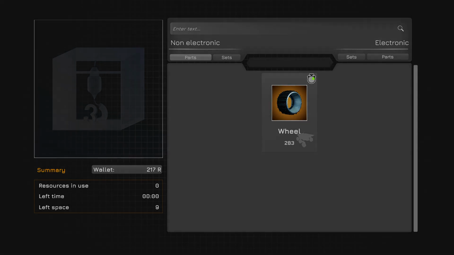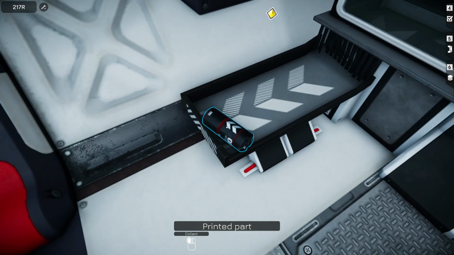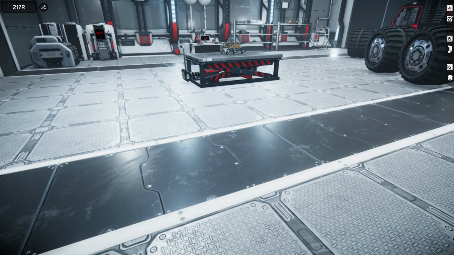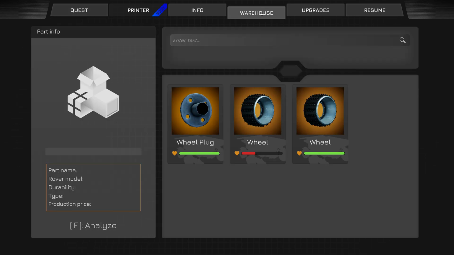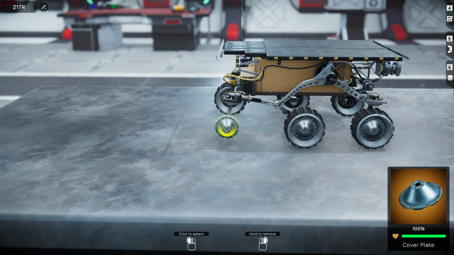So it's now ready. Just push escape. You see here that there is going to come out a bottle, the printed part. Just collect it. So I have now with me the wheel. If I click on the tablet, go to the warehouse, there you see the items that I'm having now. First I had to remove the wheel plug, then I had to remove the wheel. Now I have made a new wheel. So I'm going to turn the wheel back on, and when I've done that I'm going to turn the wheel plug on it. So escape, going to the Rover, going on the good side, click on the part where I need to